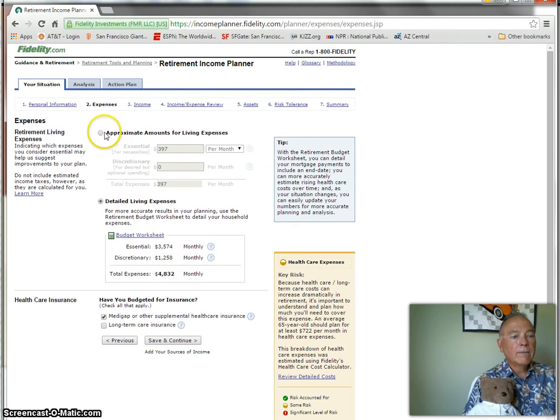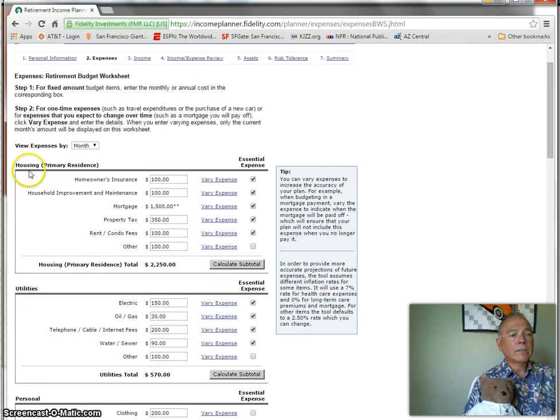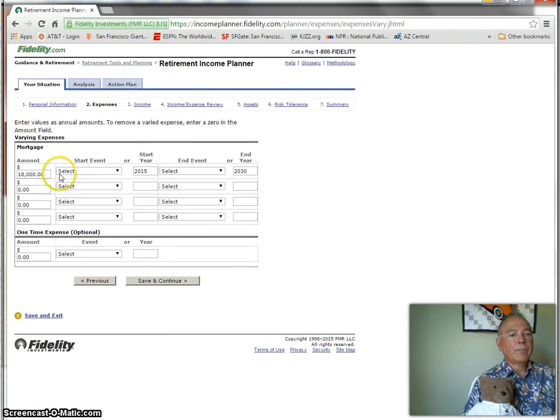And next, we're going to be looking at the detailed living expenses. I don't really want to talk about this other option because I think this tool is great because it offers the ability to put detailed information into it. And what I've done is I've gone in and filled out the expenses for Sonny and Cher. Again, the $1,500 mortgage. And you say, oh, it's paid off 5 years after they retire. They retire in 2025, so they're paying their mortgage, and these are annual amounts, until 2030, which is exactly what